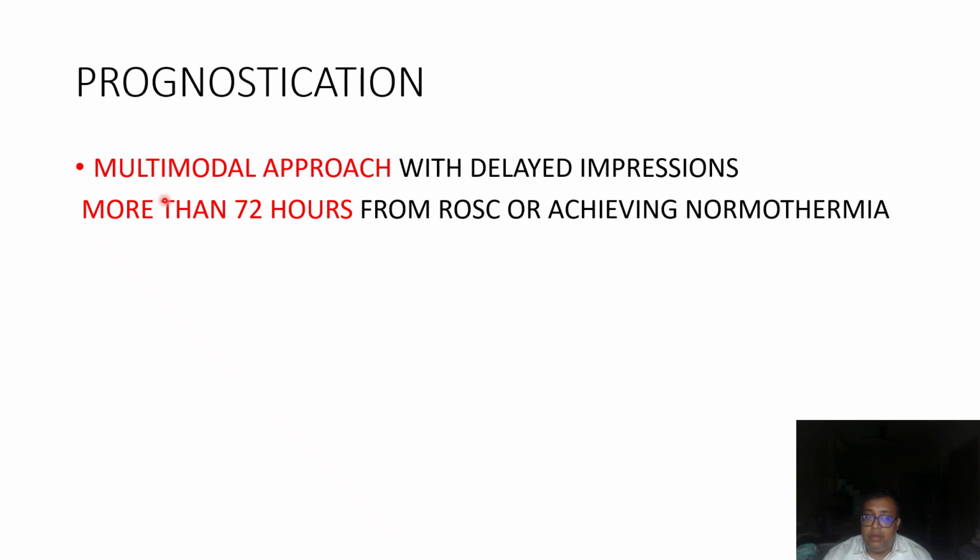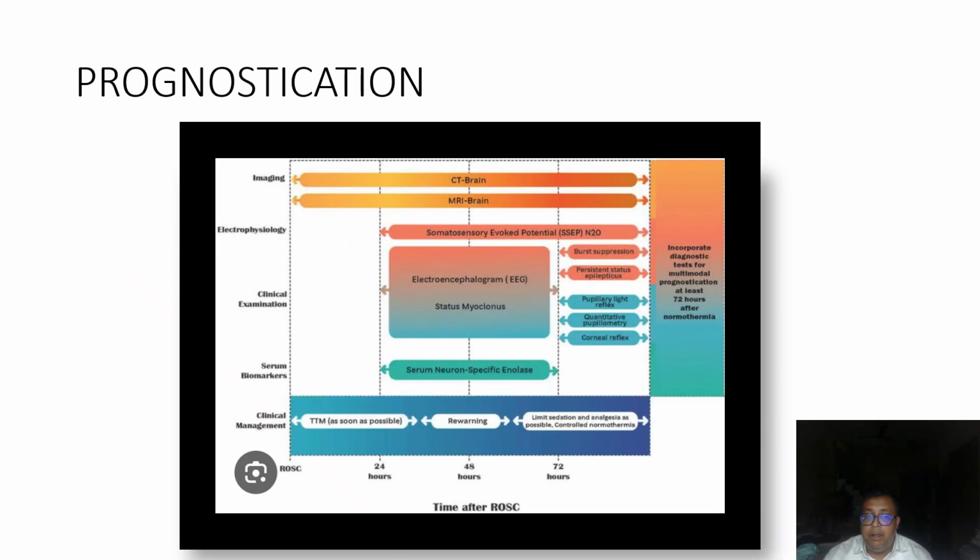This may include CT brain once ROSC has been achieved, imaging with CT or MRI, SSEP (somatosensory evoked potentials), EEG, status myoclonus if present, and serum neuron specific enolase